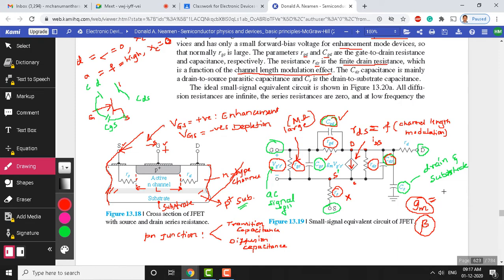R is equal to resistivity times L by A. Then shall we write this as 1 by R? Shall we write this as IDS by VGS? Okay. IDS, look at the circuit, it is the output current. What is VGS? It's the input voltage. Or here let us write this in terms of V G dash S dash. Let us not confuse this. Let us use the same notations here also. V G dash S dash.